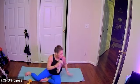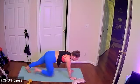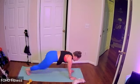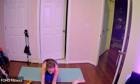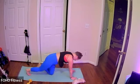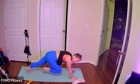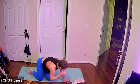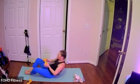First set we have, coming to a high plank, we have mountain climbers. Same knee to same elbow. You can step it. You can also add that hop. Core is engaged. Moving here and doing what you can. Last 10. Mountain climber, stepping or hopping, drawing that knee up to your chest for 5. Last 3, and 1. Come on over to your back side, grabbing one weight, rolling on your back, bringing the soles of